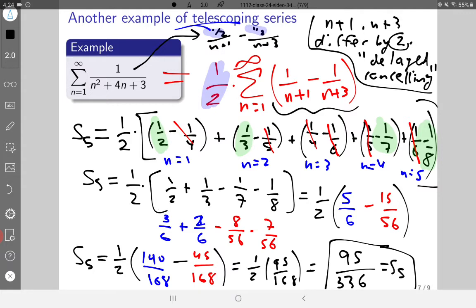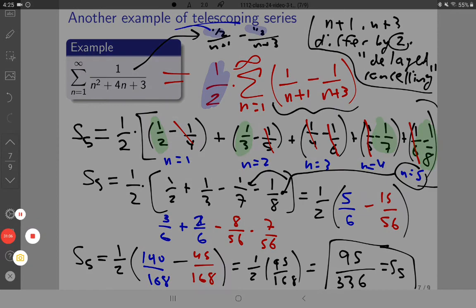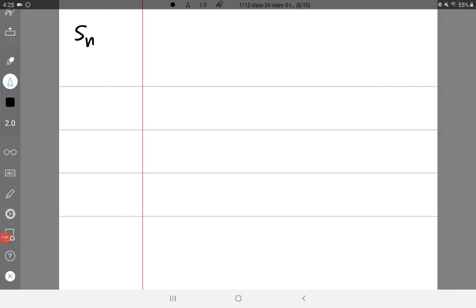And think about where the 7 and the 8 came from. The 7 and the 8 came from the fact that I stopped at n equals 5, and 3 after that, n plus 3, was 8. But also the one right before that, n equals 4, 3 after that was 7. Those are the 2 terms that I have left. So stopping at n equals 5 caused me to be left over with n plus 3 and n plus 2 in the denominators. And so I'm hoping that you'll agree with the pattern that I would get out of this, which is that the nth partial sum of this series is going to be,